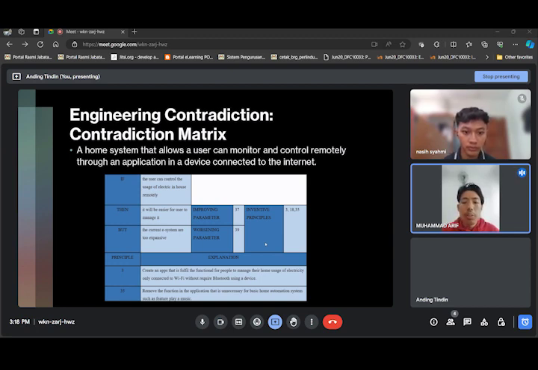For the improving parameter, we are using principle 37. For the worsening parameter, we are using principle 39, and for the inventive principles, we are using principles 3, 18 and 35. For the explanation, for principle 3, create an app that fulfills the function for people to manage their home electricity usage, only connected to Wi-Fi without requiring Bluetooth. For 35, we remove the functions in the application that are not needed for a basic home automation system, such as playing music or YouTube or other apps. For the next slide,